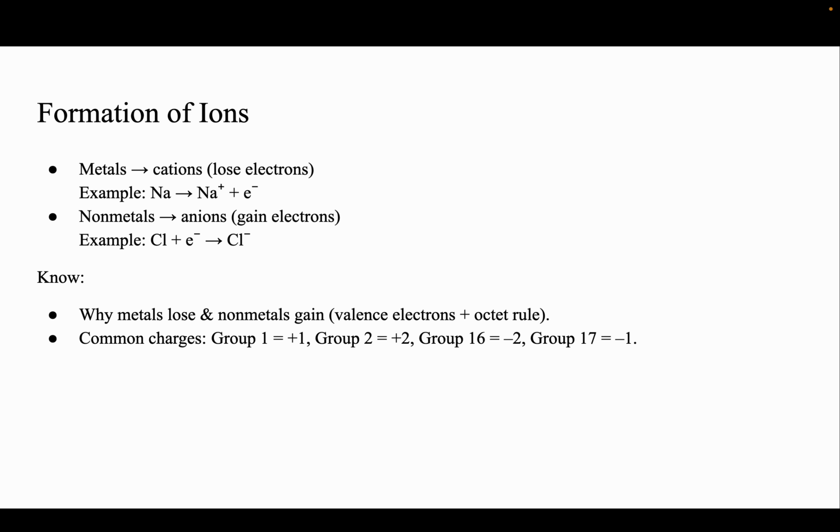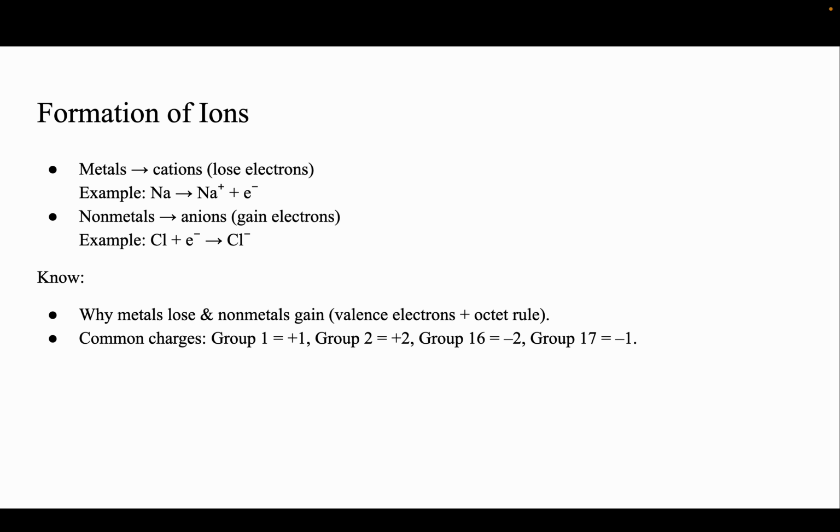Know that metals form cations, positive ions where they lose electrons, and nonmetals form anions, which are negative ions where they gain electrons. For example, we have sodium, which forms a cation, and chlorine, which forms an anion. So you need to know why metals lose valence electrons and nonmetals gain valence electrons. This is essentially what we discussed last unit. I'm not going to dive into that here, but make sure you have a good understanding of what we did